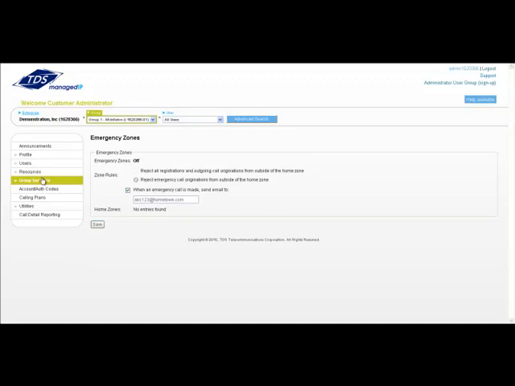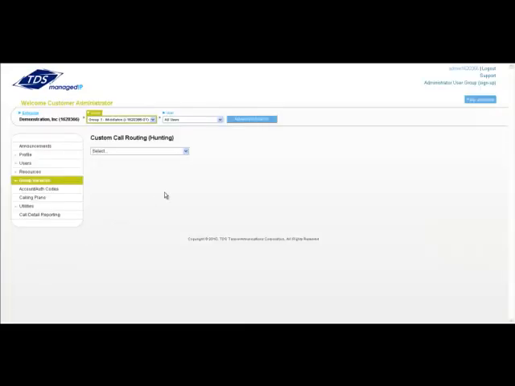Custom call routing provides you with a very powerful business tool. You may be used to this function as traditional hunting. The managedIP service takes standard hunting to a completely different level. Call routing provides a way to route calls to a group of selected users via an auto attendant or direct inward dial number. For example, your option